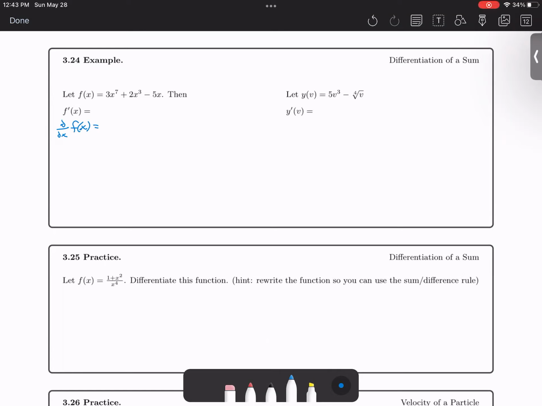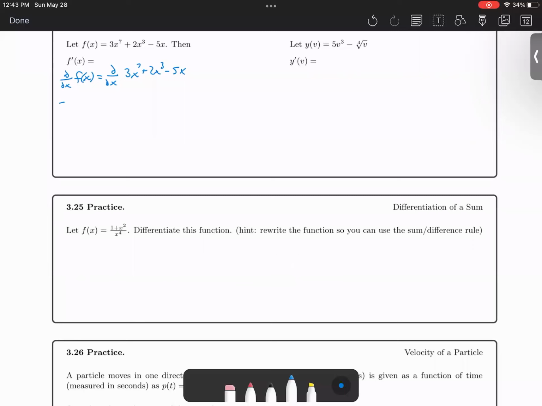So when I differentiate f of x, that's me differentiating 3x to the 7 plus 2x cubed minus 5x. And I use linearity to my benefit. That means that I can distribute this derivative across that addition sign and that subtraction sign. So I can differentiate each piece separately. And I can also use the second part of linearity. That means that I can take constants out. So with that in mind,